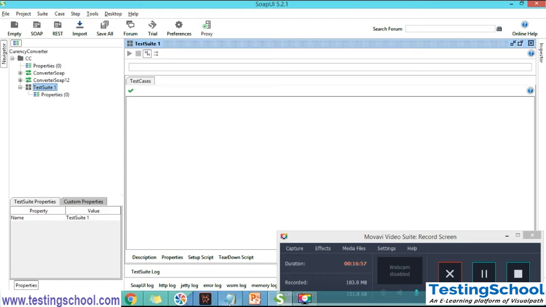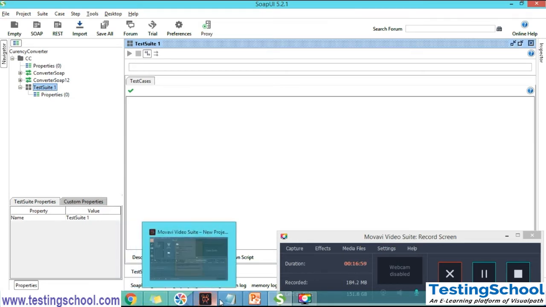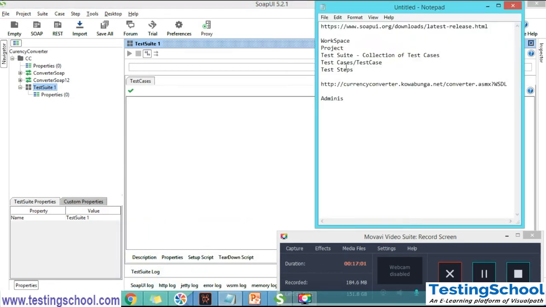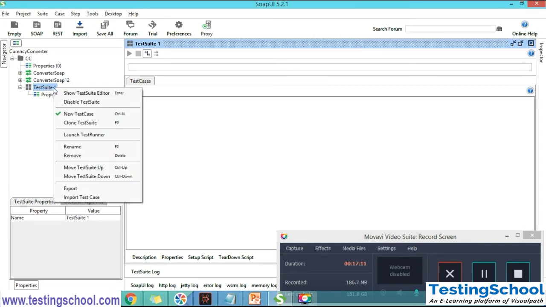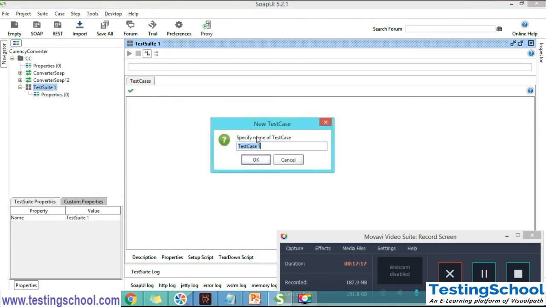Under the test suite we can create the test case. Here you can see, after the test suite it will be the test case. So now to create a test case, right click on the test suite and select new test case. Once I click on new test case, a pop-up will display. Here we can create the new test case.